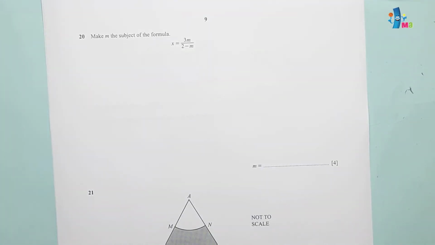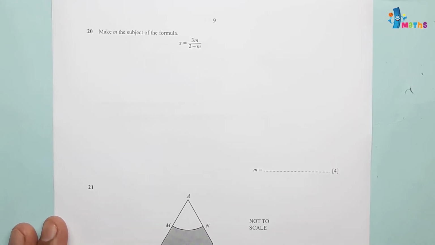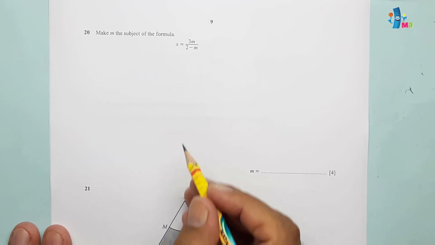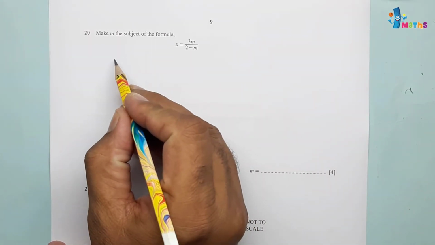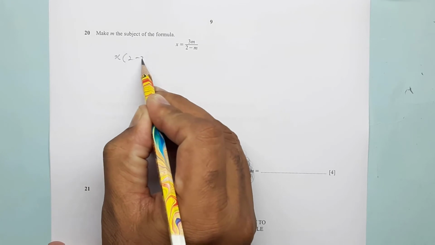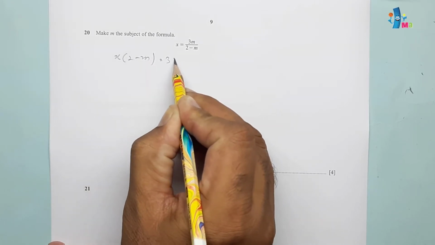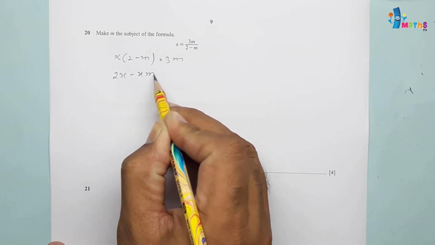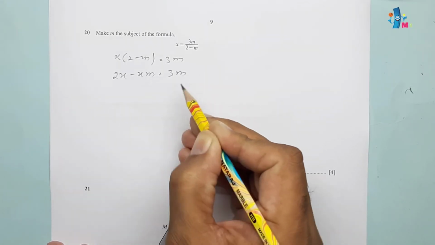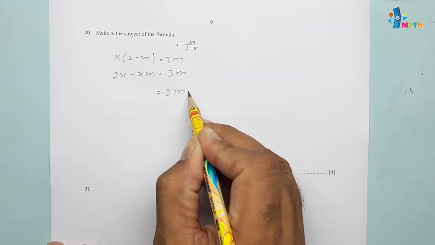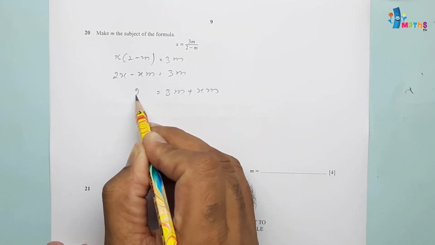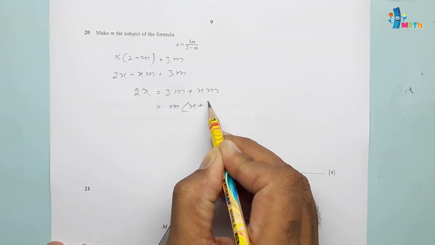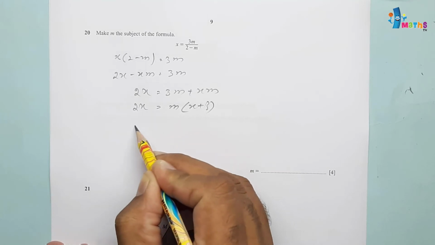Question number 20, make M the subject of the formula. So we have to make M as subject. M is in numerator and denominator, so we'll be cross multiplying. X into 2 minus M will be equal to 3M. Now we can multiply: 2x minus xm will be equal to 3m. xm we can shift to this side, so 3m plus xm, this will be equal to 2x, and we can take m common, so inside will be x plus 3 and this side will be 2x,